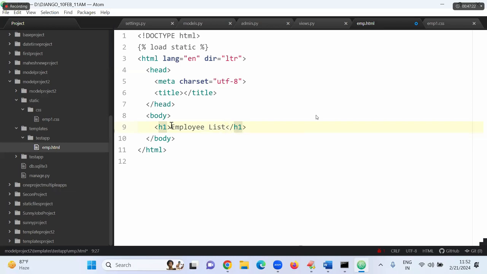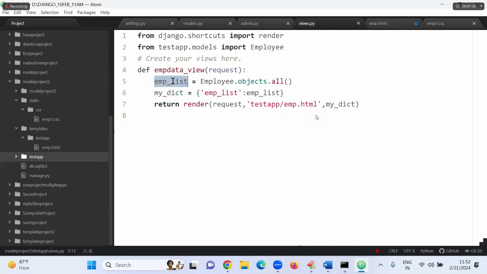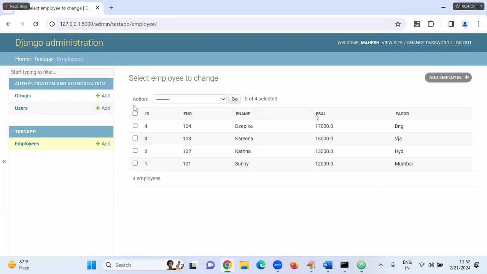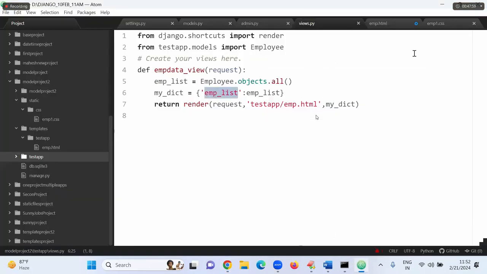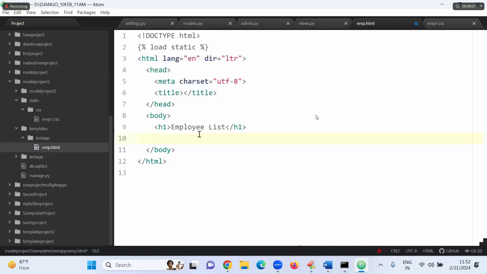Sir, now, employee list means inside employee there are so many records. Okay, wait. Sir, see this one. It is one list. I can convert it to a dictionary, but I'm sending the emp list there. If this data is available or not available, we don't know. For example, if I come here and delete all, then data will be gone. No data. How to check whether data is available or not available? I have to write curly braces,